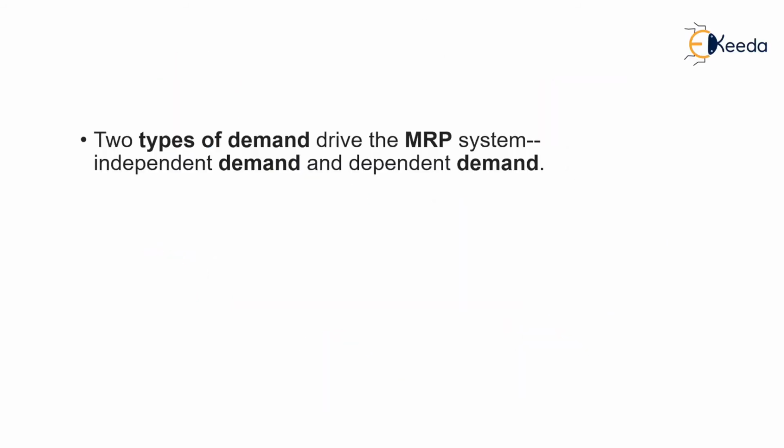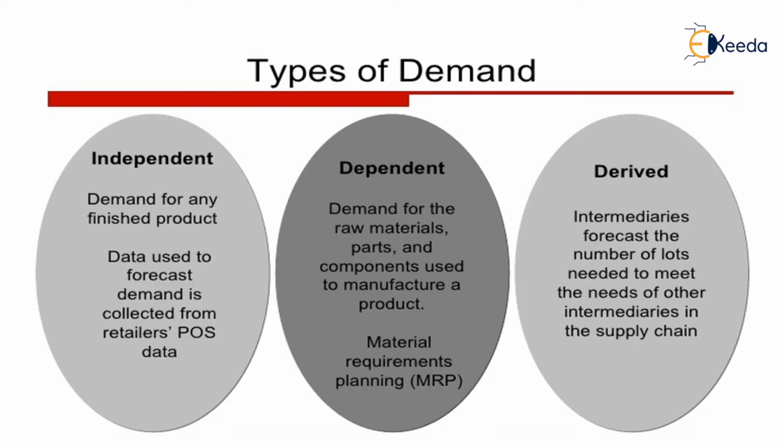There are generally two types of demands which drive the MRP system: independent demand and dependent demand. Independent demand is one in which demand for any finished product is not dependent on the other process. Like demand for any finished product, the data used to forecast the demand is collected from retailers and POS data,